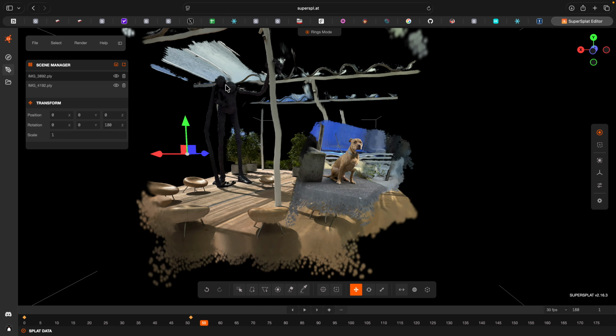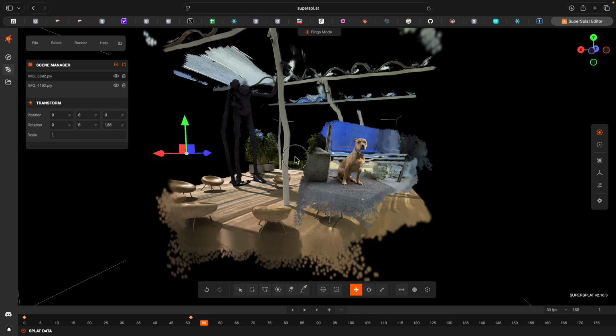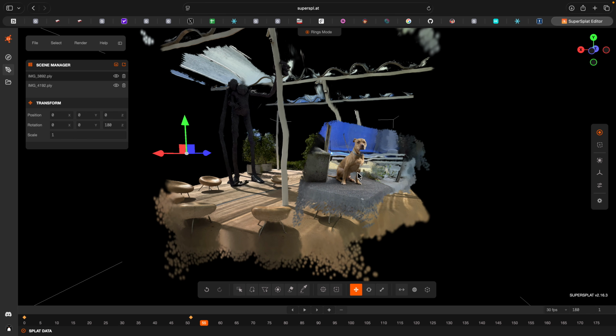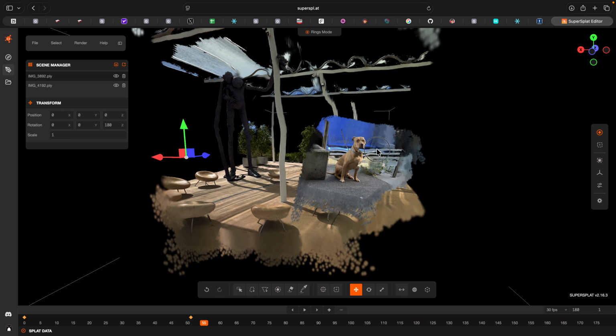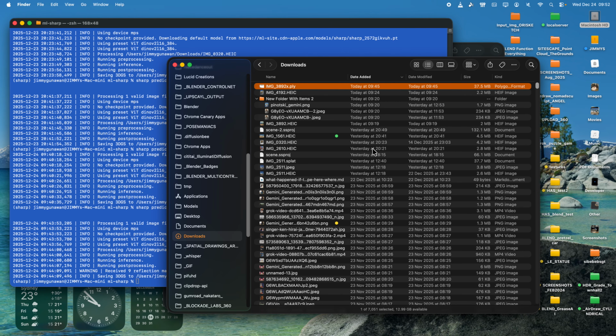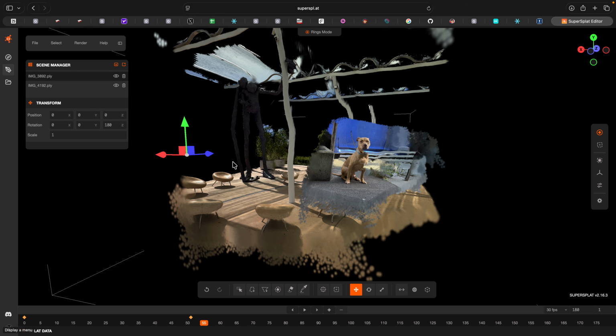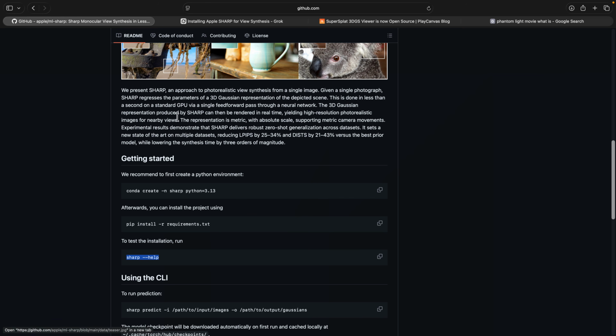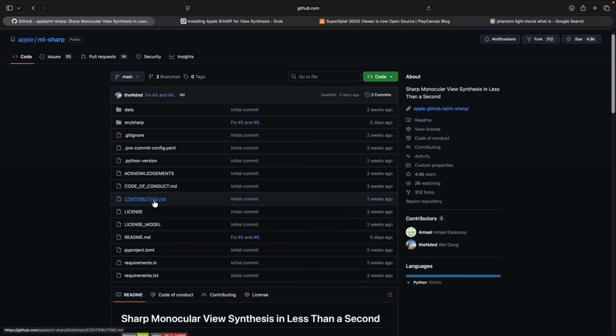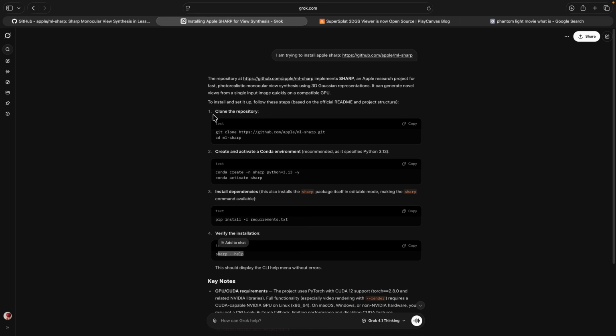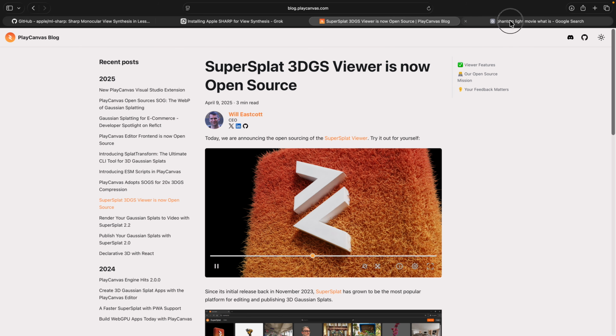If you separate the object, the subject, and then the backgrounds, and with the AI nowadays can do generations, you can perhaps turn this doggy into a cat using AI, and the result's gonna be a splat as well. So that's something we can try in the near future, I guess. So that's Apple Splat. I hope I explained everything. Yeah, you just need to try this yourself. Try to install it on a Mac. It's pretty easy, and use SuperSplat and